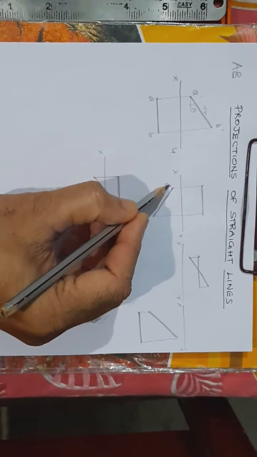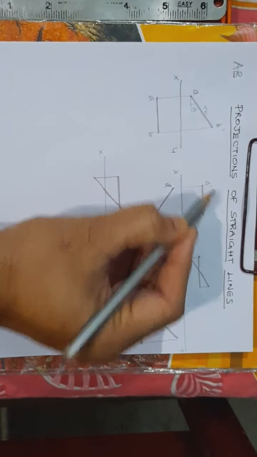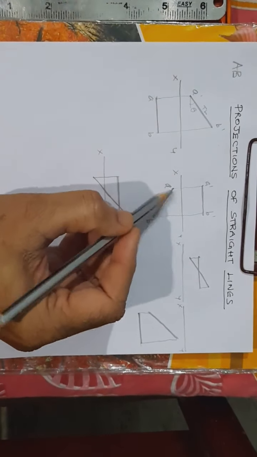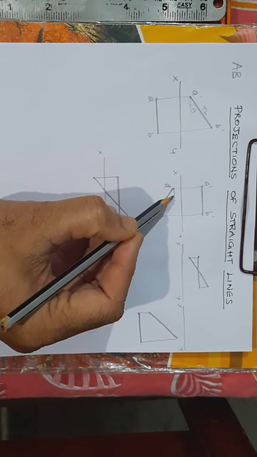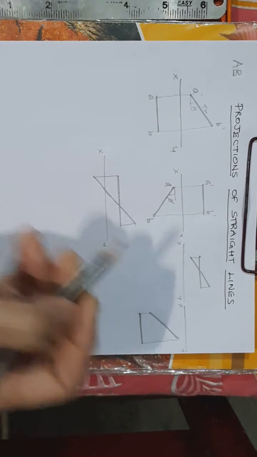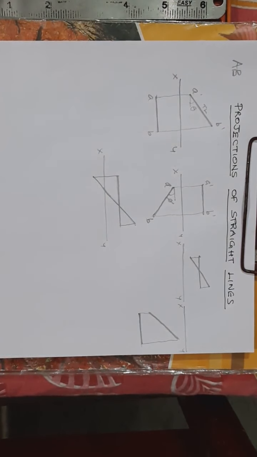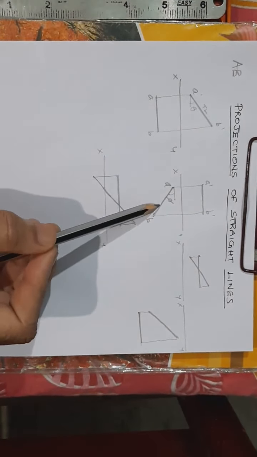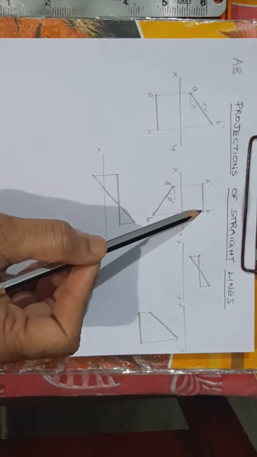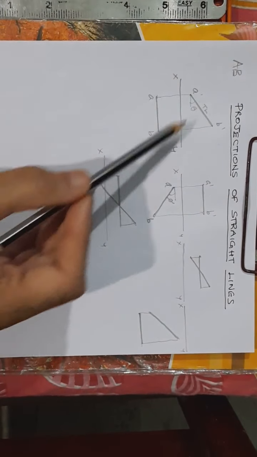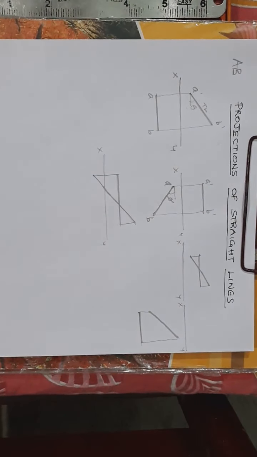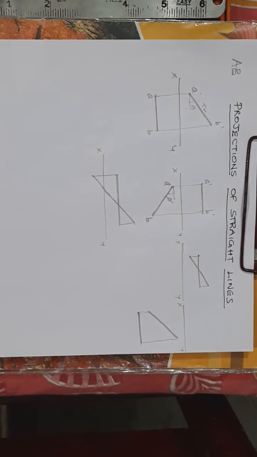And if I name this view as AB and A dash B dash, here the top view is seen inclined, isn't it? The line's inclination with VP is always seen in the top view, and that is represented by phi. In both these cases, the line is in the first quadrant because the front view is above xy line and the top view is below xy line. But here the front view is seen inclined, therefore the line is inclined to HP. Here the top view is seen inclined with xy line, that means the line is inclined to VP.